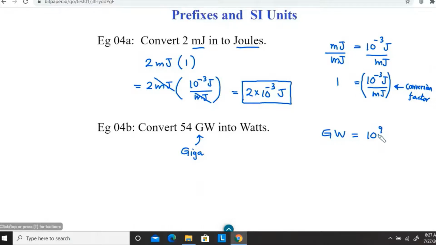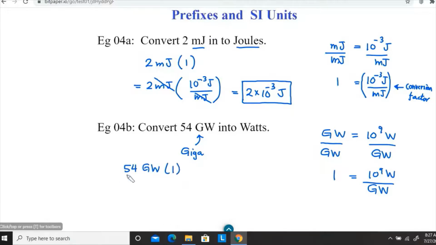Giga stands for 10 to the power 9 watts. And I'm going to divide both sides by gigawatt like this. And then I end up with the conversion factor 1 equals 10 to the power 9 watts divided by gigawatt. So then 54 gigawatt